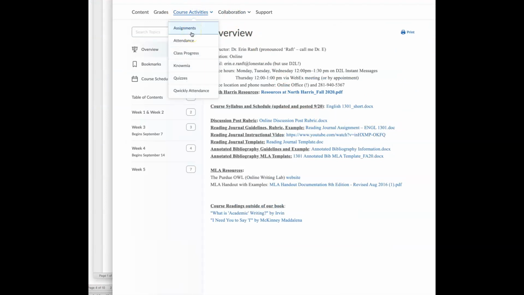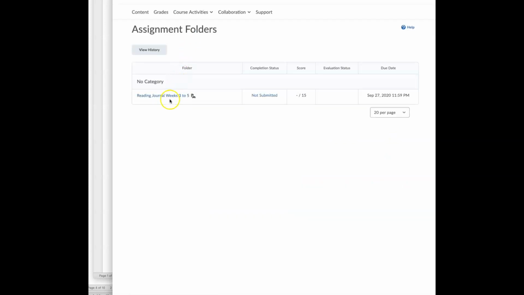That's where the assignment drop down is. This is where you'll go to submit your reading journal, right? So if you click on the assignment, so anything that's blue you can click on, right? And it shows the status is not completed, right? If you click on this,